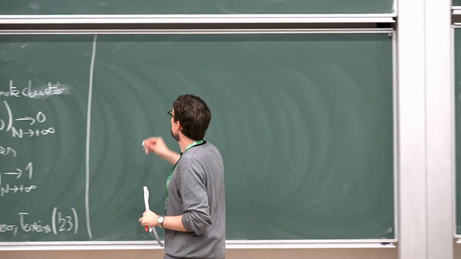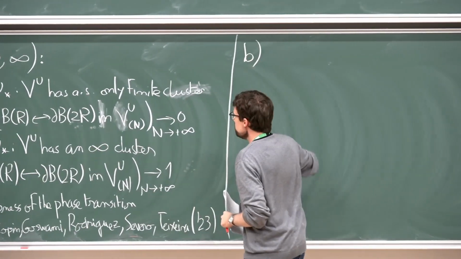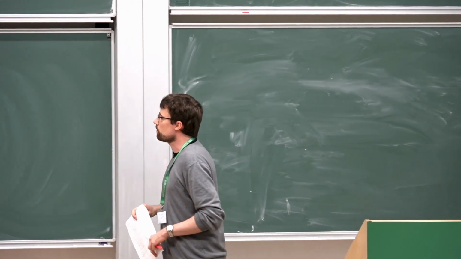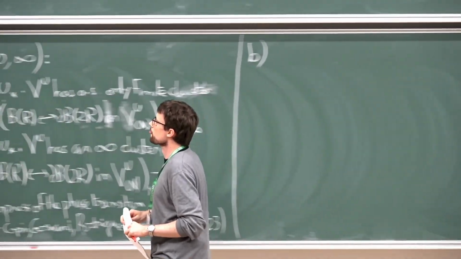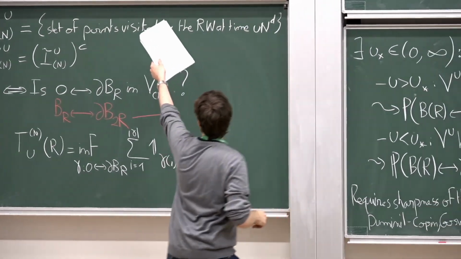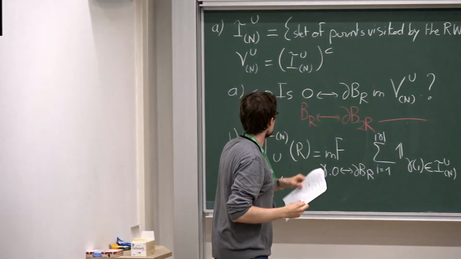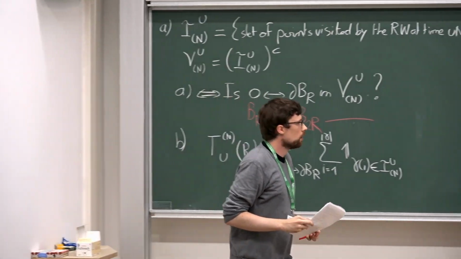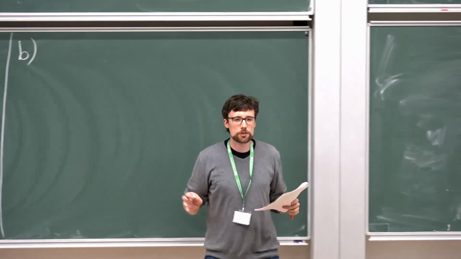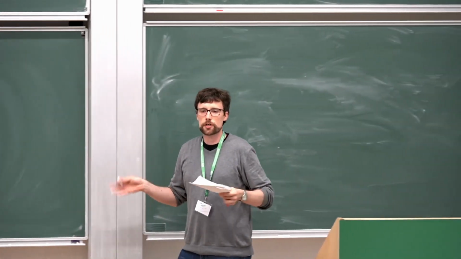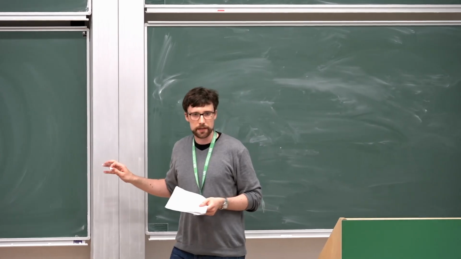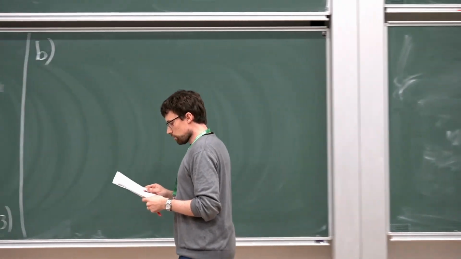So now, let's turn to problem B. Now that we've understood a bit better problem A, even if I will come back to it later. So problem B looks like, as I was saying, the first passage percolation for random interlacement. So let me first tell you some results about first passage percolation for Bernoulli, so that you can make the parallel with what I'm going to tell you for random interlacement later.